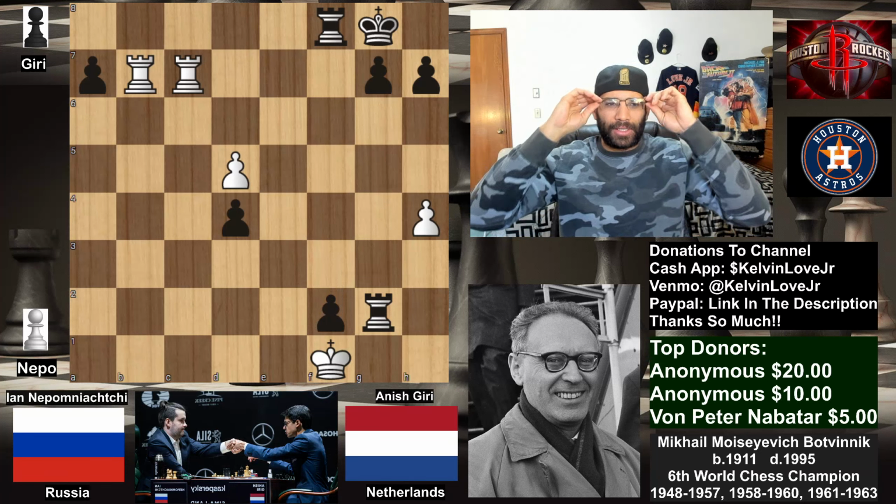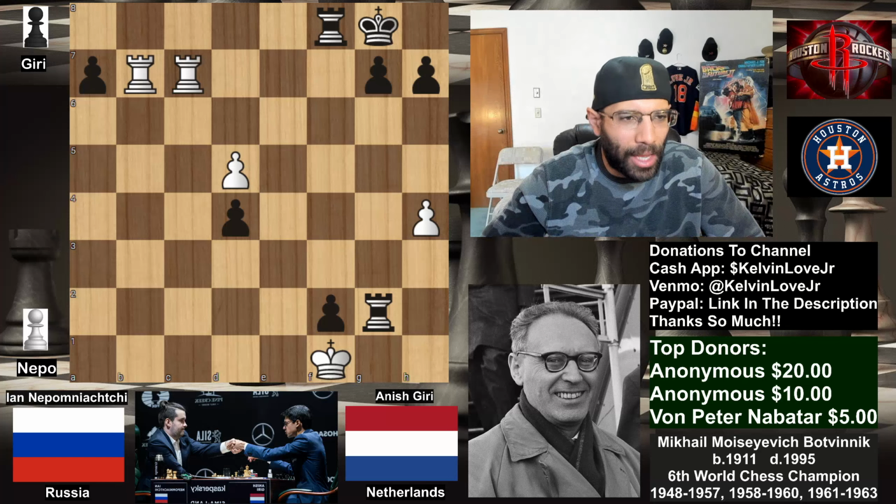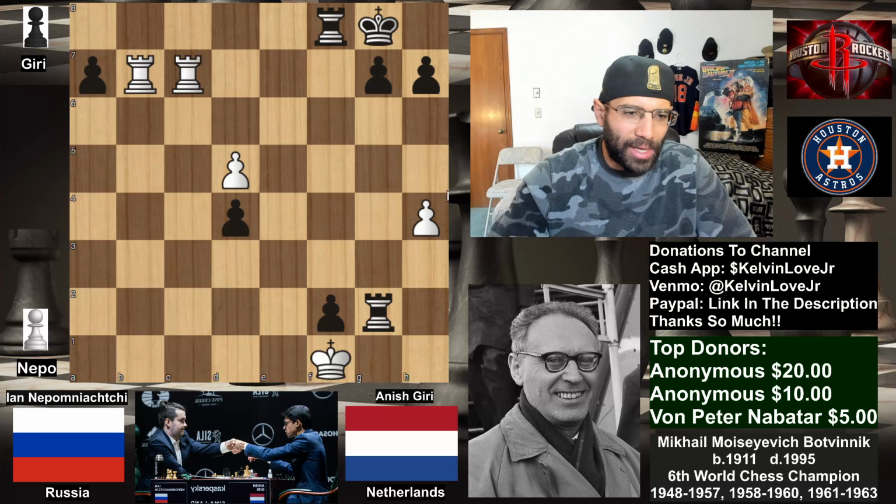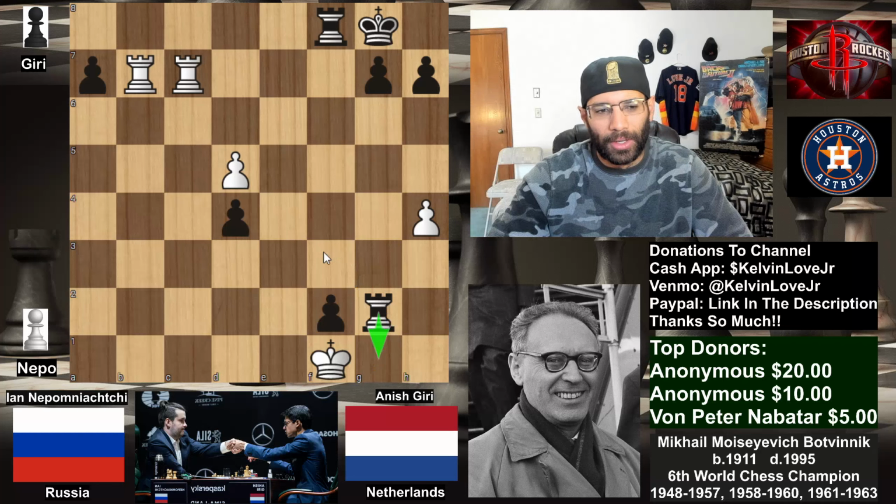And it is in this position that Jan Nepomniachtchi does resign the game. And literally you resign because there is no way to stop rook to g1. And then after rook comes to g1, the king is going to be forced to e2. And then you're going to be taking